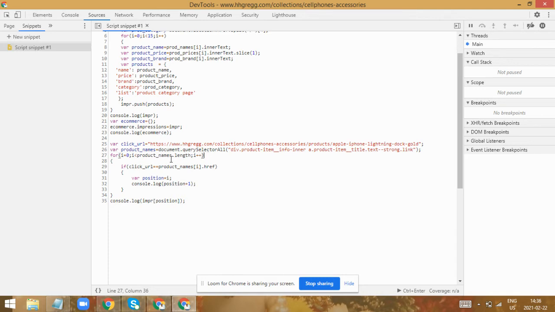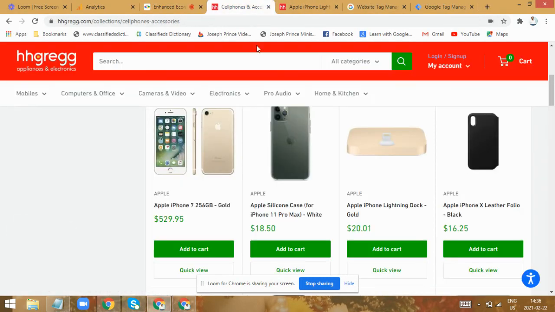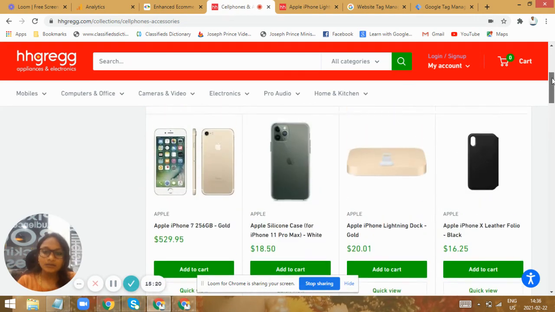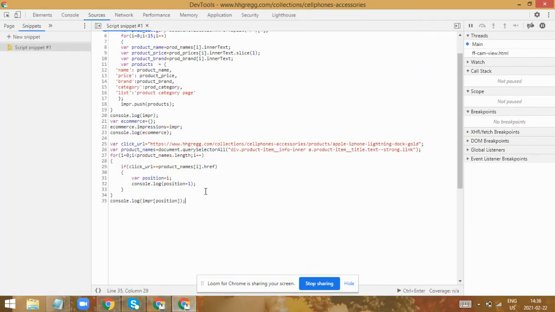So you'll go into the impressions array and find which is the link that is taking the user to the product, and whichever position matches that particular link, that would be the object for us. So this is the object. So here I have clicked. So in this product category page, the product I have clicked is in third position. So this we need to inform to Google so that it can capture that this particular third product is clicked several times. So for that we need to do this.